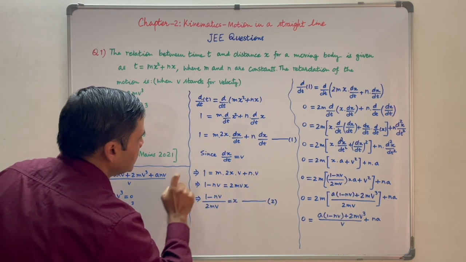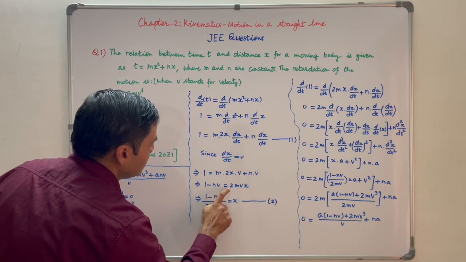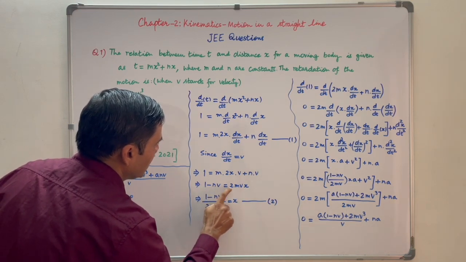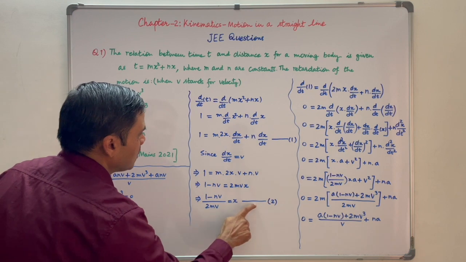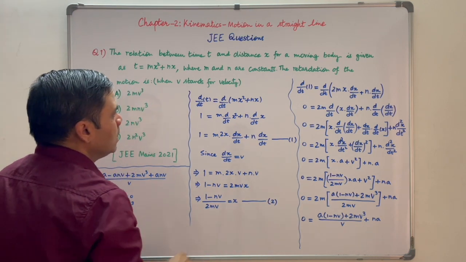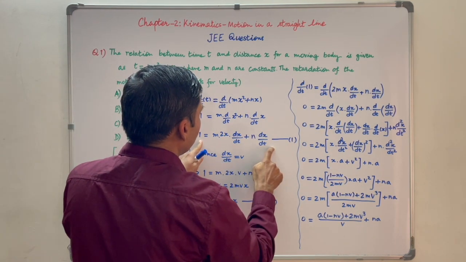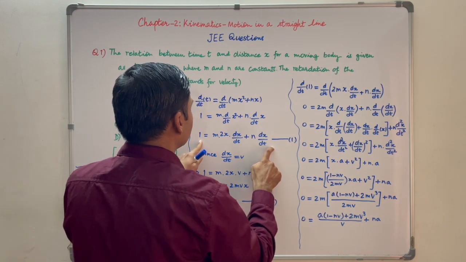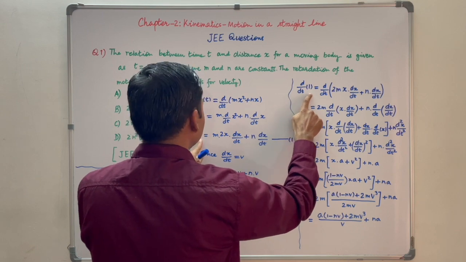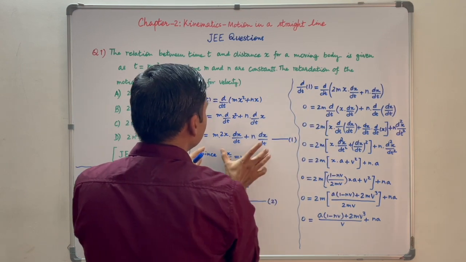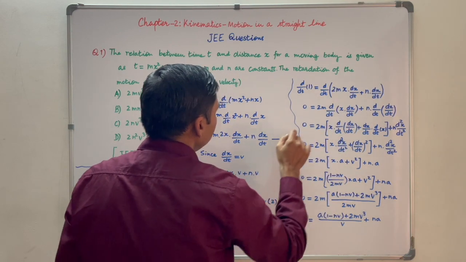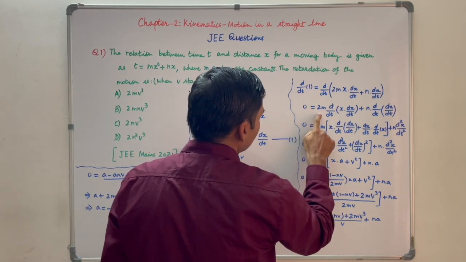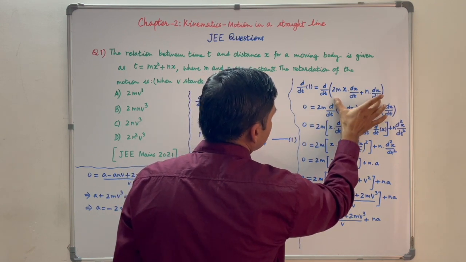Take nv to this side. So 1 minus nv is equal to 2mvx, or x equal to 1 minus nv upon 2mv. This is our equation number 2. Now differentiate equation 1 again with respect to time in order to get d square x upon dt square. So d by dt of 1 is equal to d by dt of this whole stuff. So d by dt of a constant is 0, equal to,